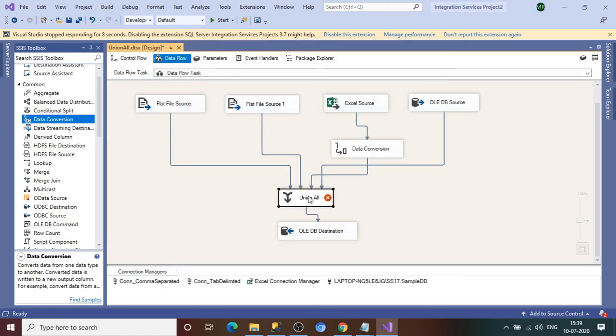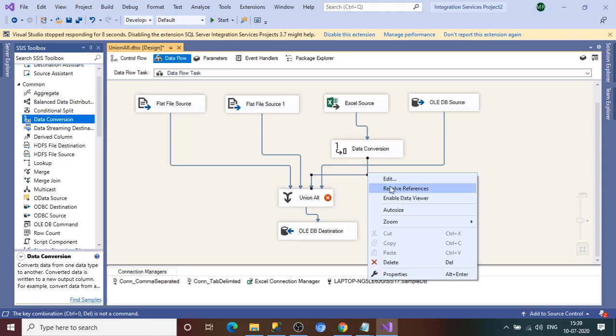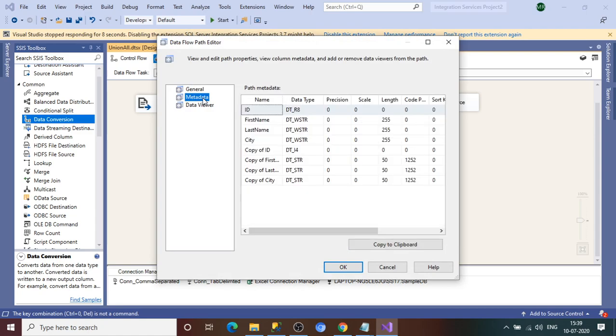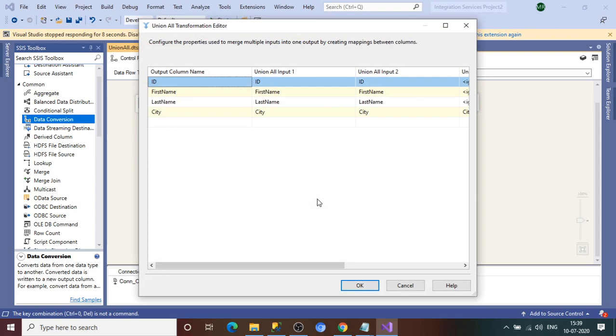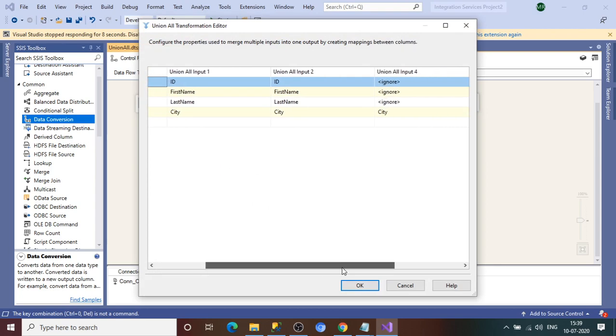Now delete this, and check the metadata after the data conversion. What is the metadata? Yes, here copy of id is dt4, copy of first name is dtstr, copy of last name is dtstr. Everything is correct here. Now let me open this one, union all.